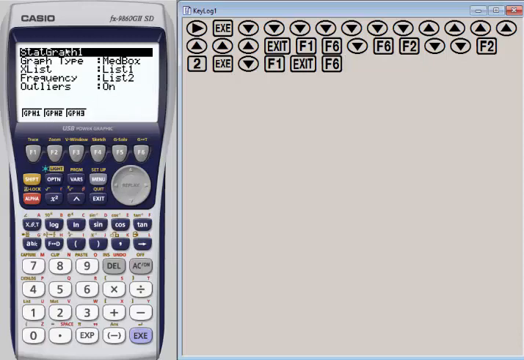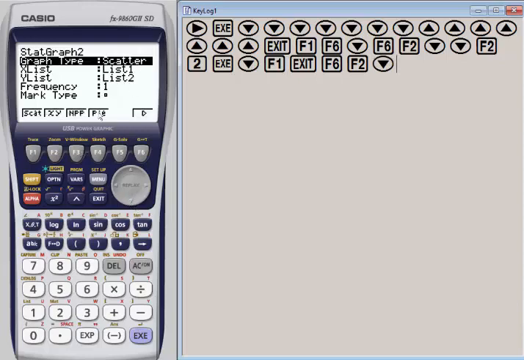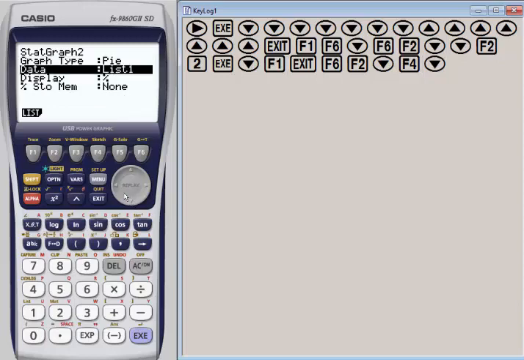Let's set up. Hit set again, but this time I want to do graph 2. So notice graph 2 is under function 2. So let's do a different type of graph this time. Let's actually do a pie graph. So let's arrow down. Pie is here under F4. So I'm going to change it to a pie. Now, pie graphs are only going to use one variable, so that's coming from list 1, the number of siblings. And actually, we don't want it to come from list 1. We want it to come from our frequency. What's the percentage? So we're going to change the data to come from list 2.